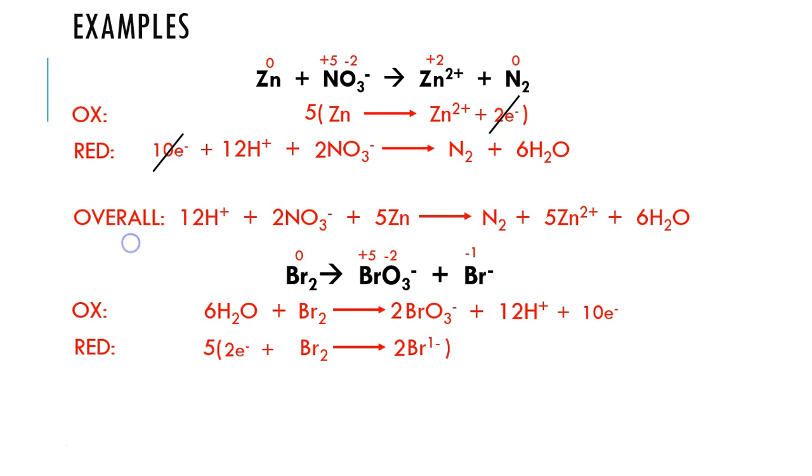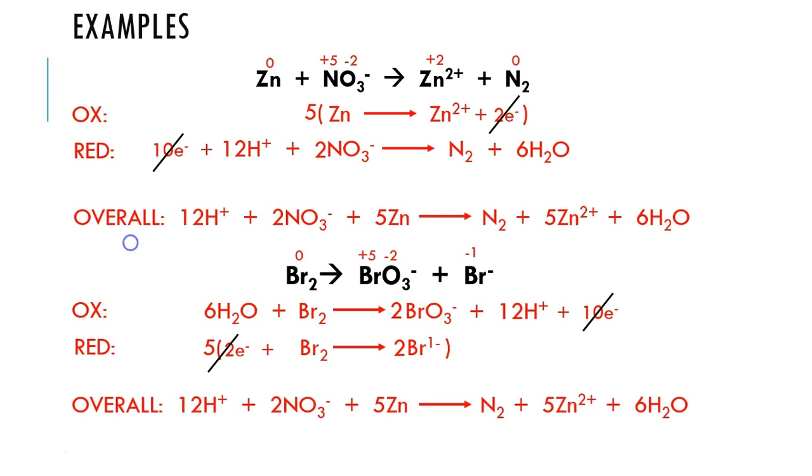sides. So now we're going to multiply the second equation by 5 to equalize the number of electrons, which will cancel out the electrons. When we add the equations together, we'll get 12 hydrogen ions plus 2 nitrate ions plus 5 zinc going to, oh my goodness,